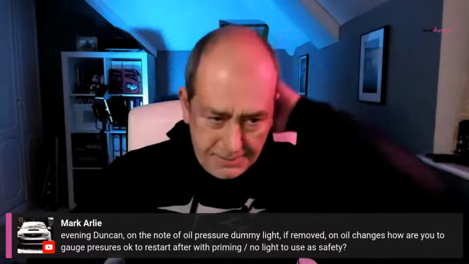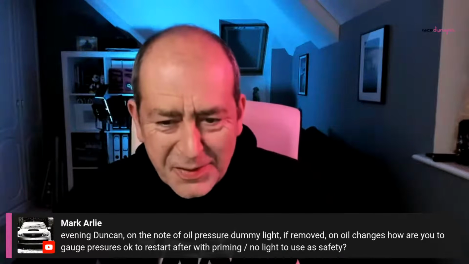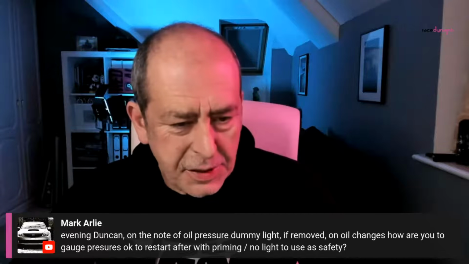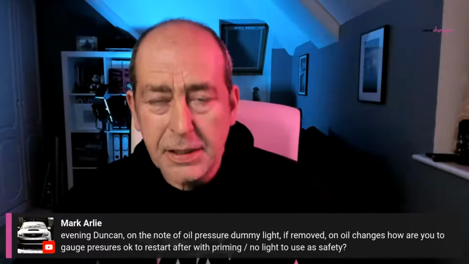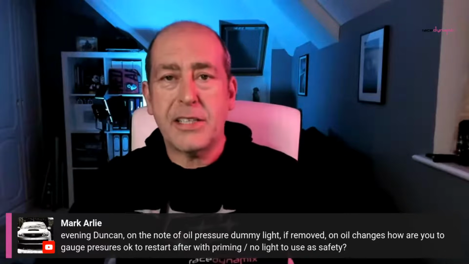Okay, right, Mark. Evening. On the note of oil pressure dummy light, if removed on oil changes, how are you to gauge pressures? Okay to restart after priming, no light to use as safety. If you're taking it out and putting an oil pressure sensor in there, then the oil pressure gauge is going to tell you